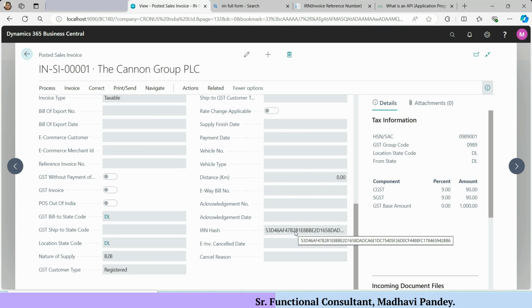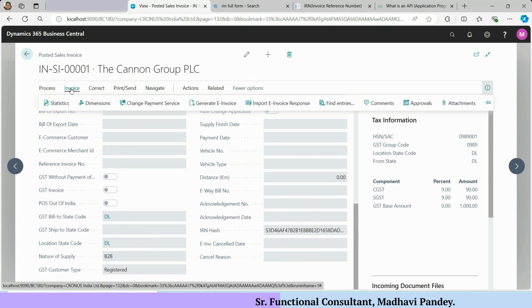Now we can create e-invoicing, generate e-invoice. The system will create a JSON file, and you can upload this JSON file into the government portal, and the name of the portal is GST portal.